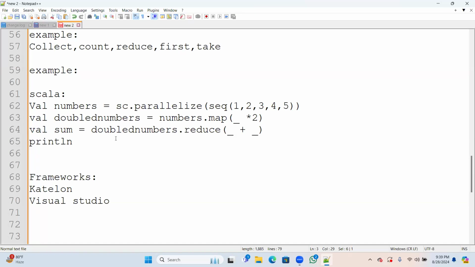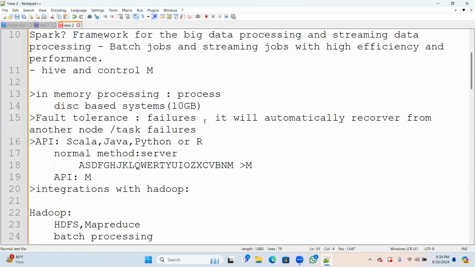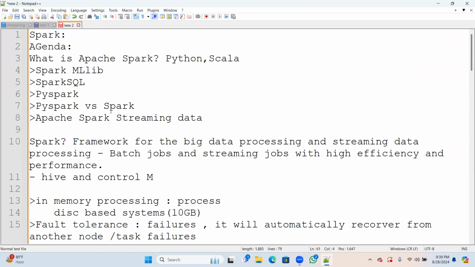Generally, Spark doesn't have any storage space, it won't store any data. It's dependent on HDFS storage. So it can take the help of Hadoop components and work, so in combination it can work, but not fully.